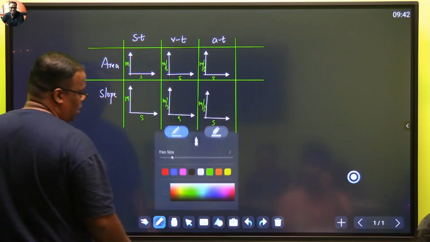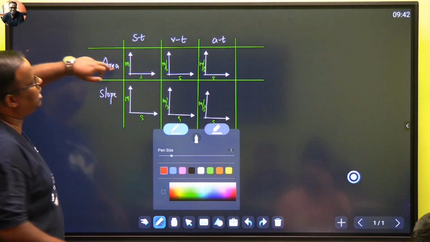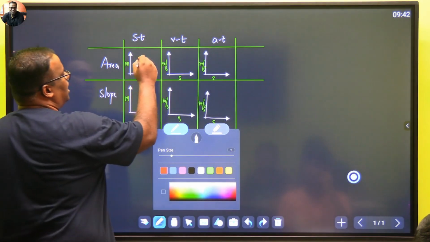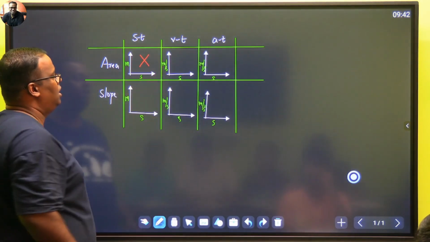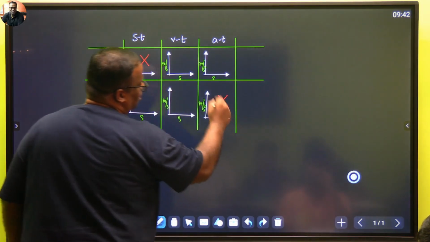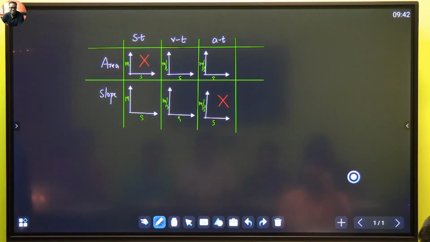अब जरा देखो, we said that area is multiplication of 2. So इसका एरिया हमें कोई इंफॉर्मेशन नहीं देता है. अगर इसका एरिया इंफॉर्मेशन नहीं देता है, it will be criss cross relationship. इसका स्लोप भी कोई इंफॉर्मेशन नहीं.